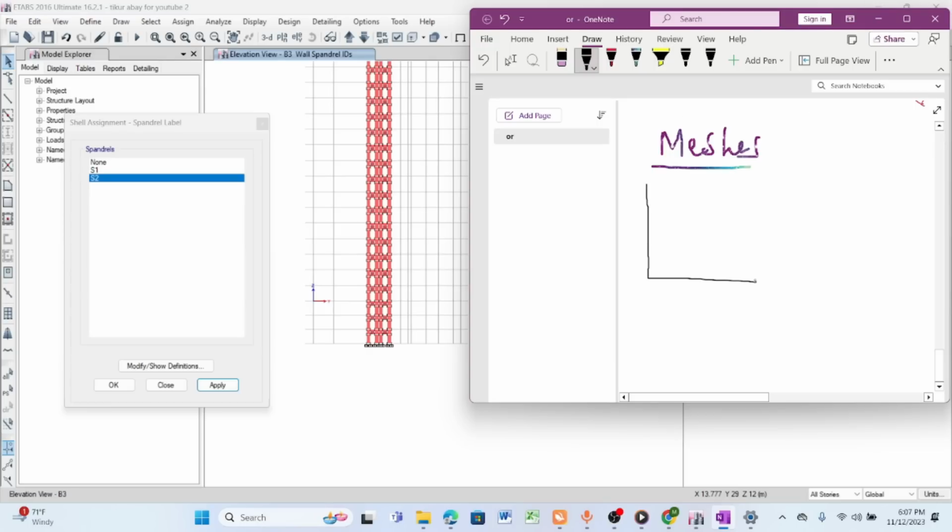So suppose this is the element. It may be slab or it may be wall. So here this member has infinite number of points within the element. So ETABS will not be able to calculate the